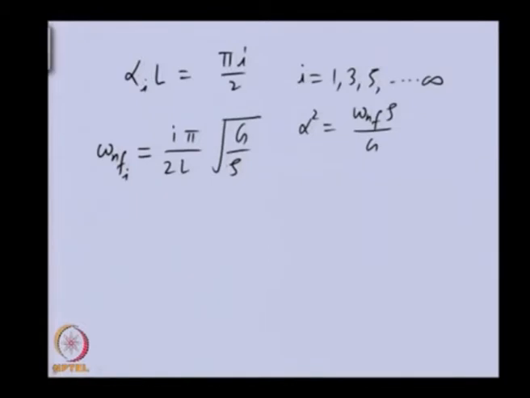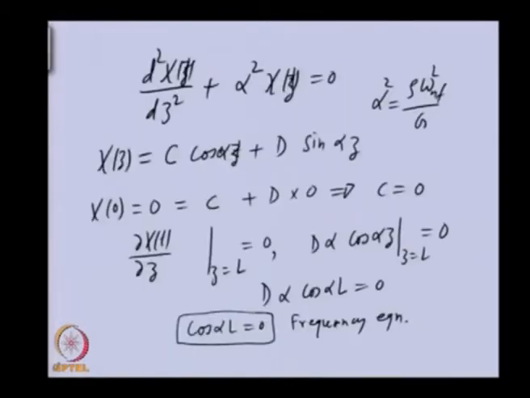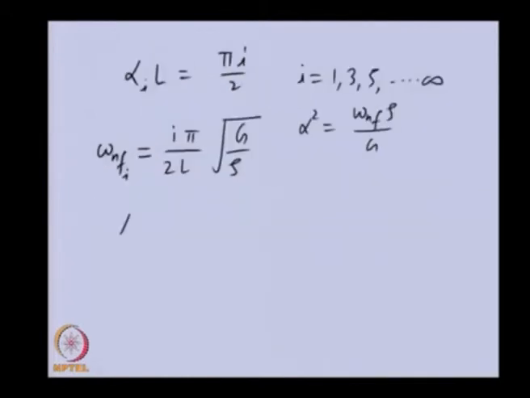Now the eigenfunction, the assumed solution we had, with c equal to 0. So the eigenfunction left is psi(x) equal to sin(alpha z), and here some constant we can attach, and alpha is already given there. So this will be phi I z by 2L. So this will be the eigenfunction,